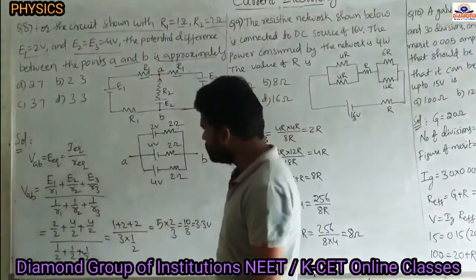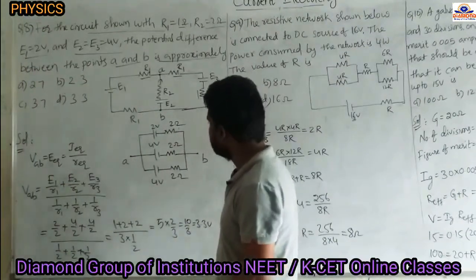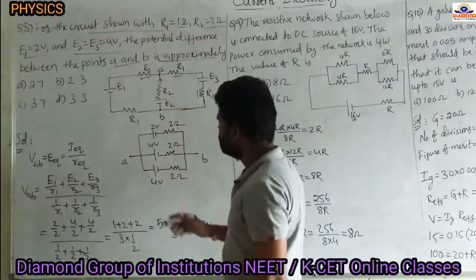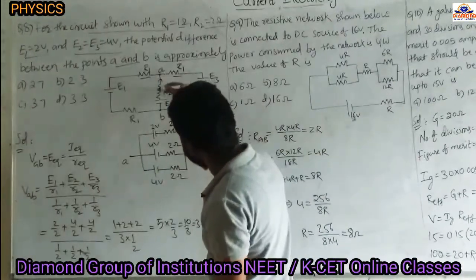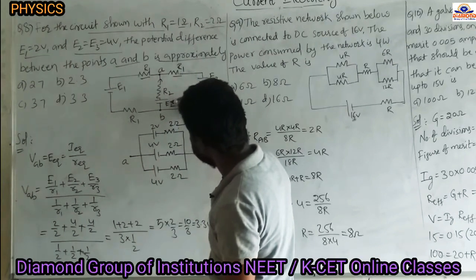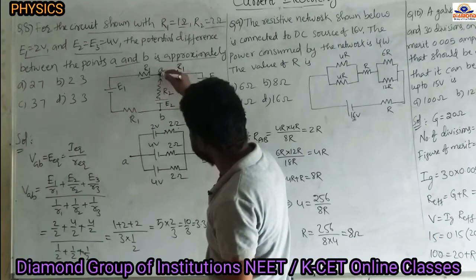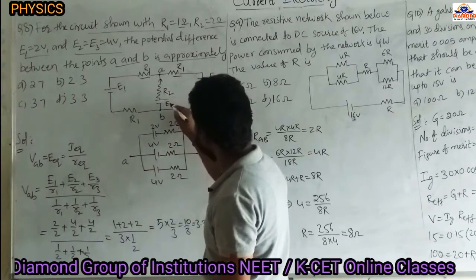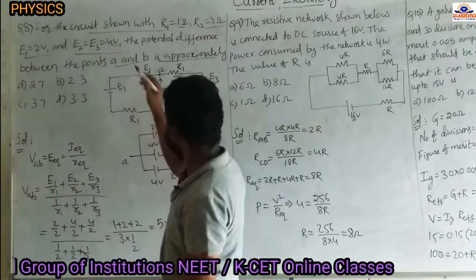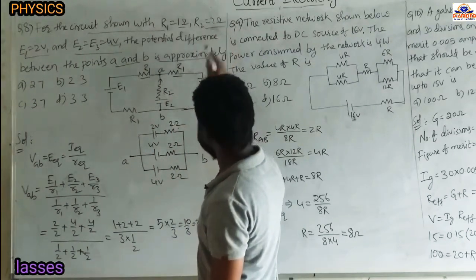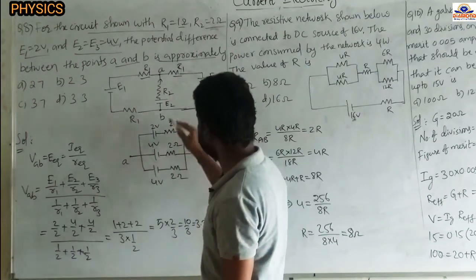So I am redrawing this one. See now, I am lifting this one like this, I am rotating. So A, B here. Between the A and B point we have the resistance and battery. Positive is at the A and negative at the B. And this is the E2 battery. E2 value they given 4 volt, so I am writing 4 volt. And this is the R2. R2 resistance is 2 ohm, so 2 ohm I written. This branch completed.